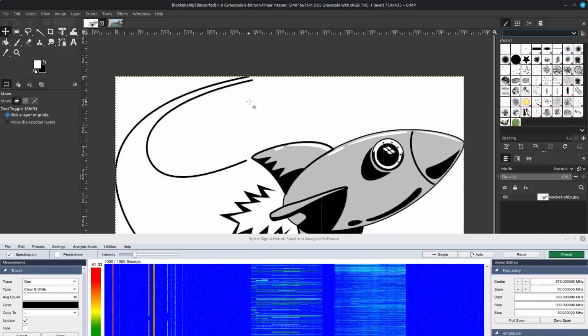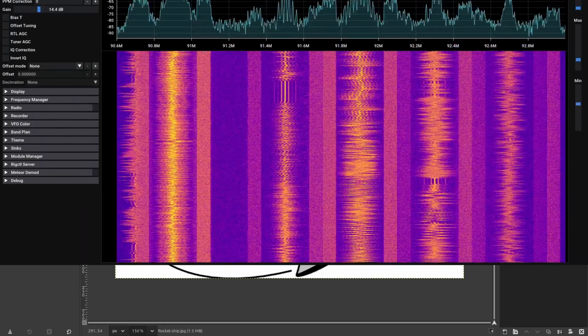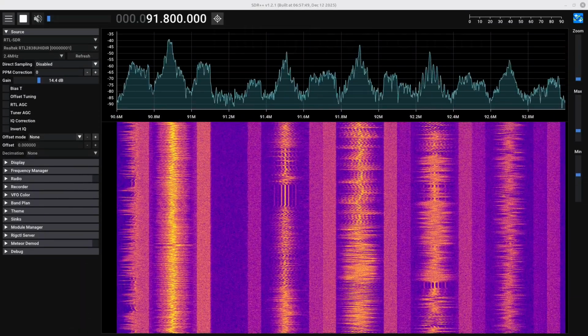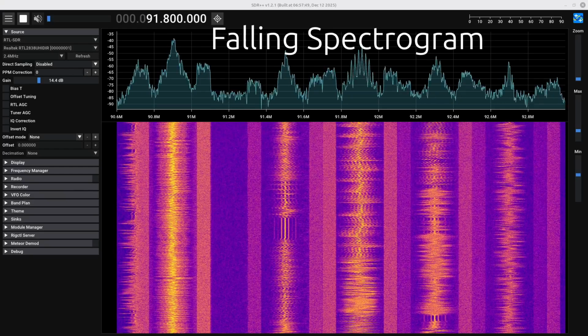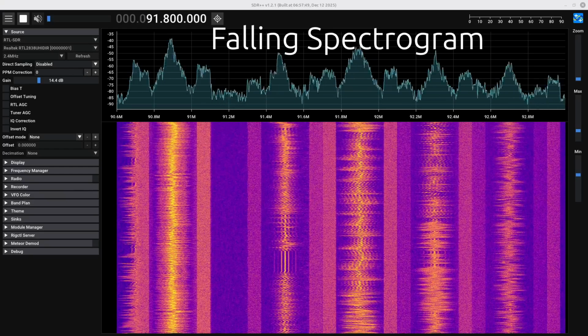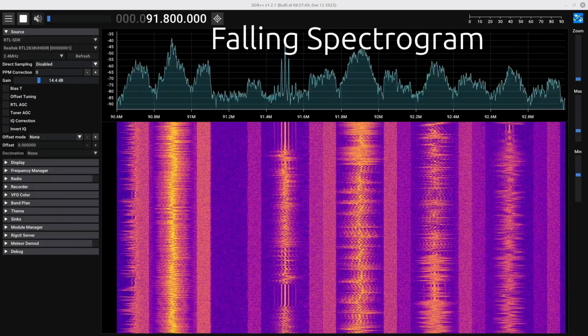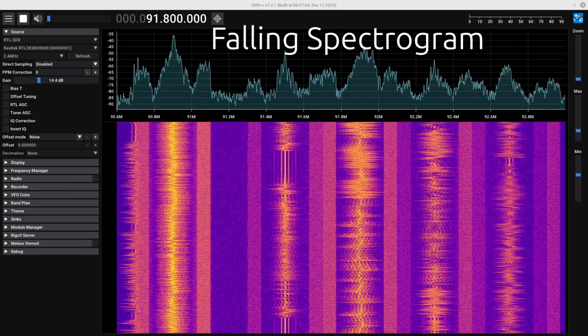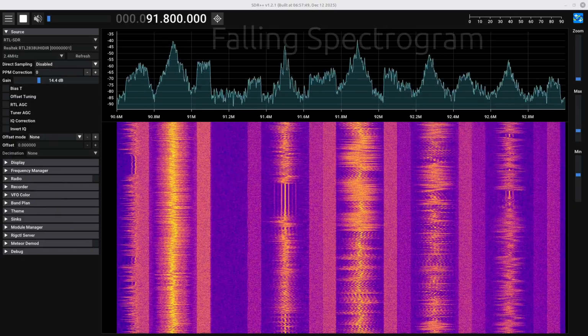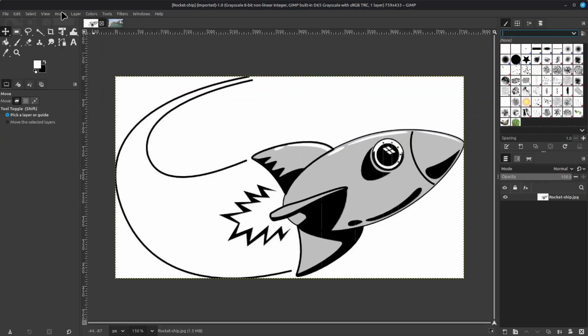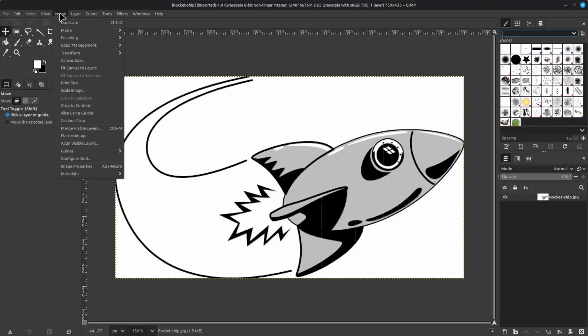If, however, I'm going to be showing it on a falling waterfall, a falling raster, a falling spectrogram, such as you find in SDR++, SDRangel, most of your popular SDR programs, then I will probably want to flip the image vertically. To do that, I click on Image, then Transform, and then Flip Vertically. That way it's good to go.